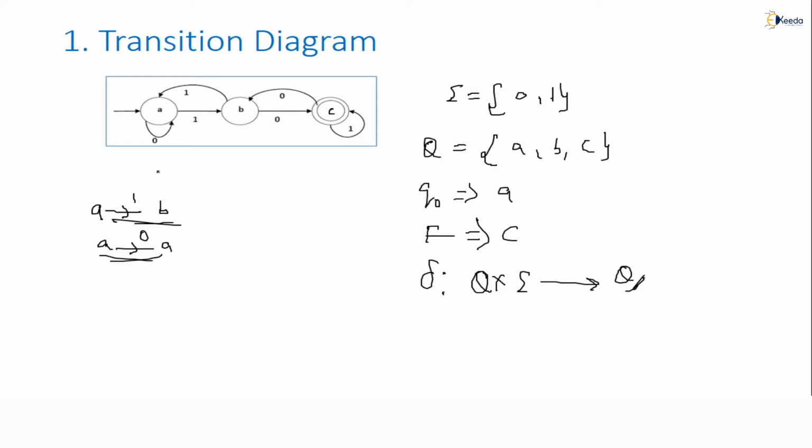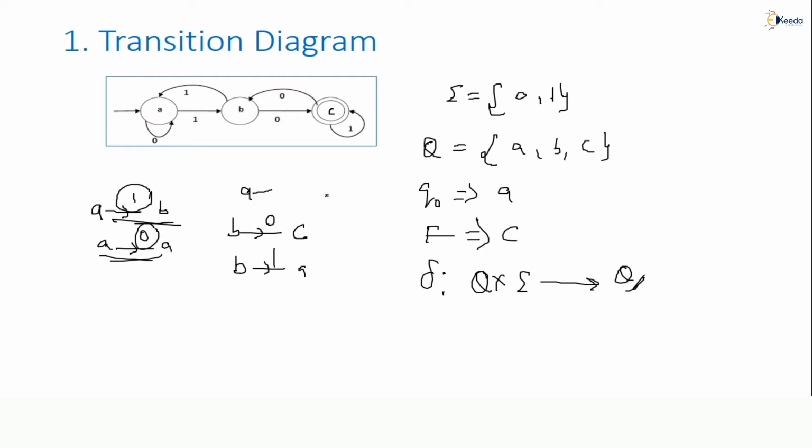So an FA can be seen as a transition diagram. In the diagram there are states, an initial state and a final state, and there is a transition path between the states with each and every input symbol. You can understand this is an FA or DFA. At each state there are two transitions: at A on 1, A on 0. Similarly, B on 0 it is going to C, and B on 1 it is going to A. So the input alphabet is 0, 1, and you must represent a transition path for 0 and 1 at each and every state. That is what a complete system, a DFA, is.